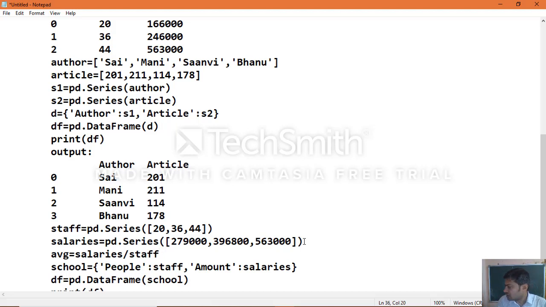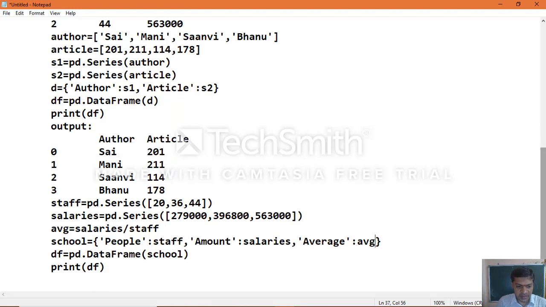Okay, so now for the organization, instead of school or organization, whatever it is, you can take people as staff, amount as salaries, and one more key, that is average. The value for this is avg, which we calculated.